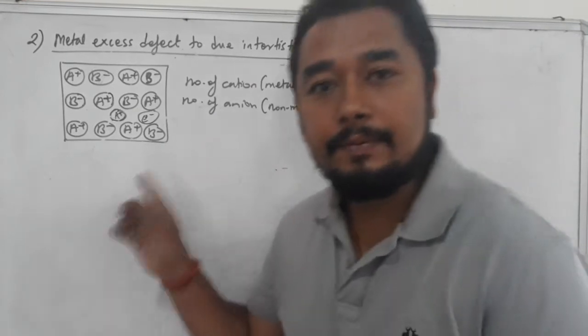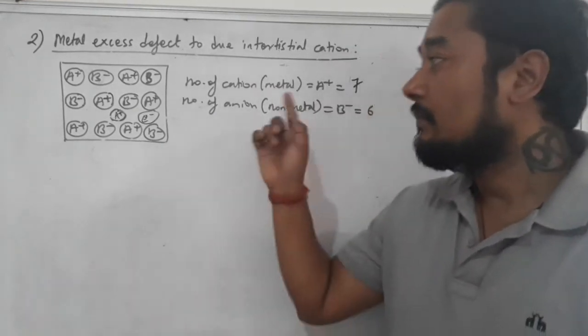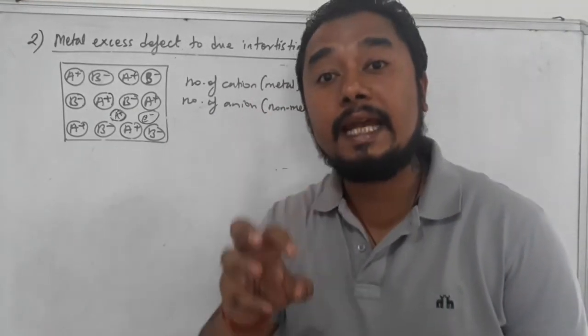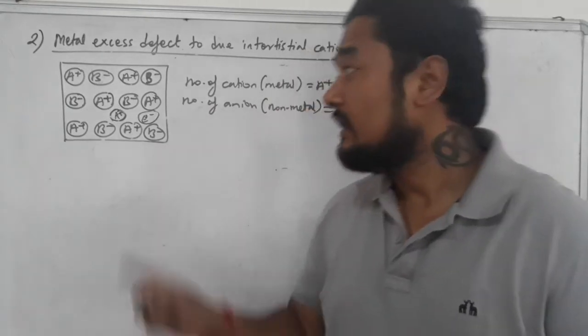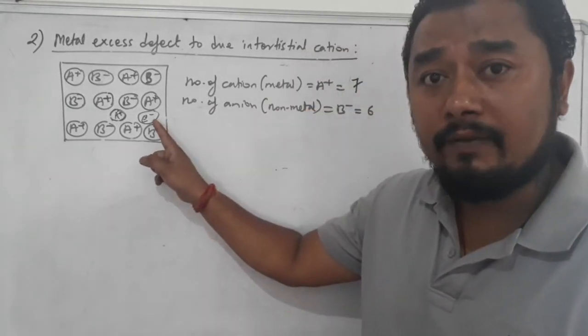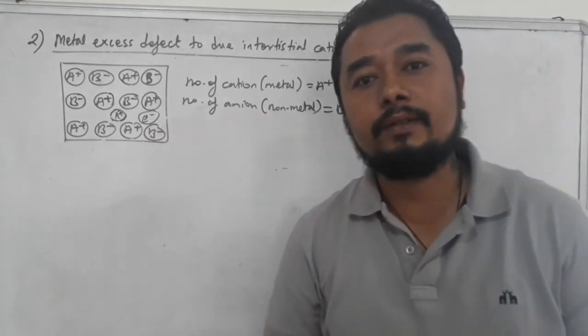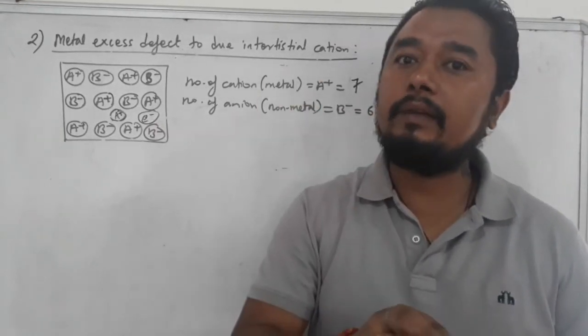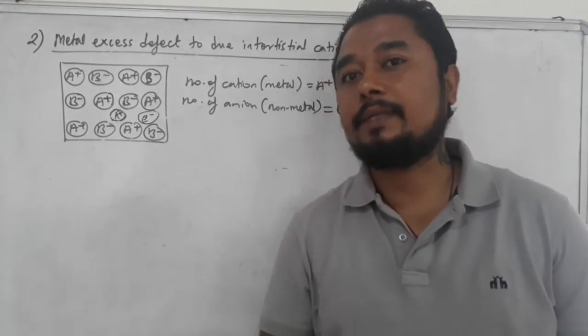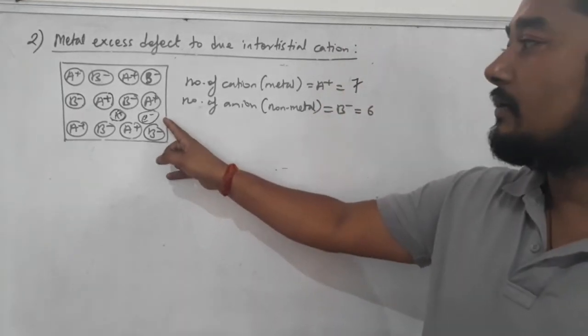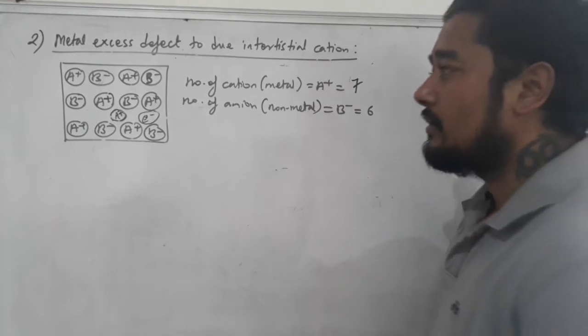But this is not F-centre, students, because we call it F-centre when an electron occupies anionic vacancy. Is this electron occupying anionic vacancy or is it in the interstitial site? It is in the interstitial site, so it is not F-centre. When an electron occupies anionic vacancy, that is called F-centre. But this is not F-centre because the electron is not occupying anionic vacancy, students.